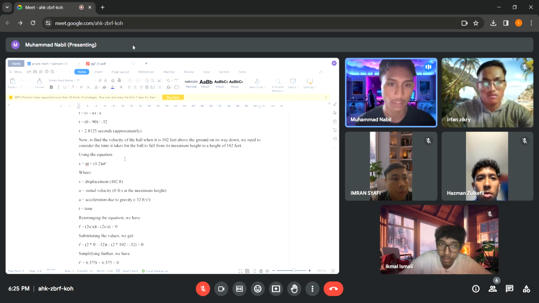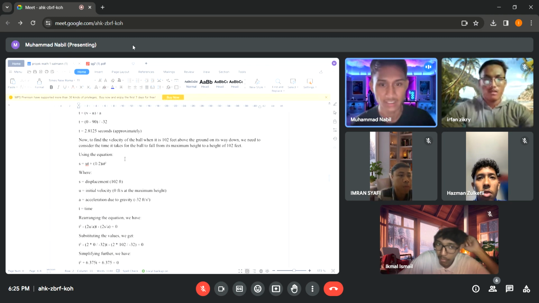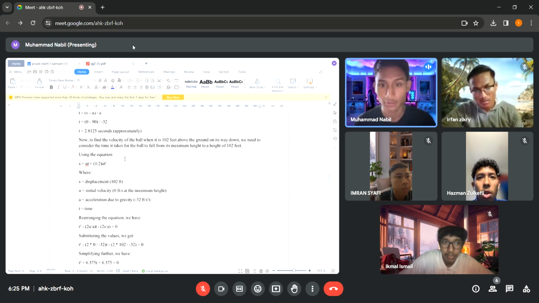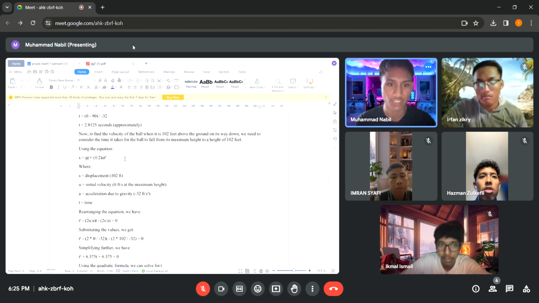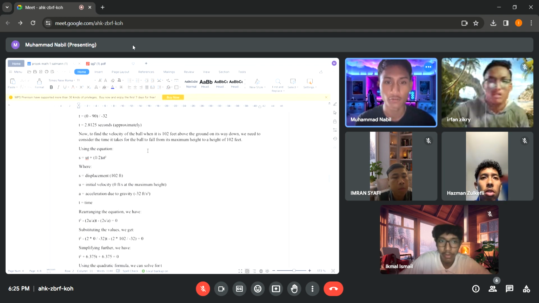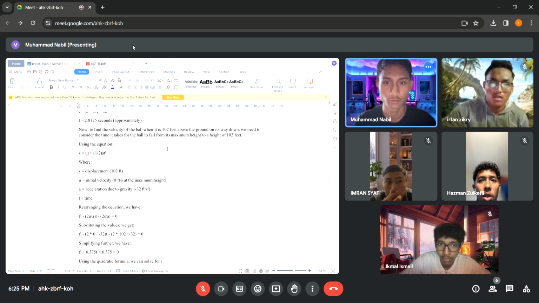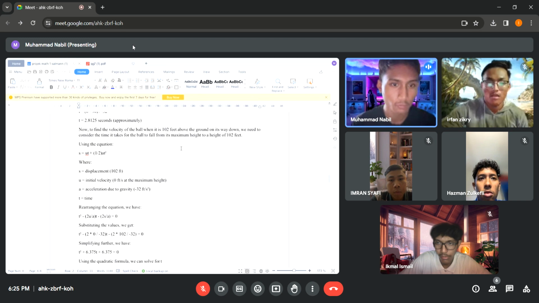Now to find the velocity of the ball when it is 102 feet above the ground and on its way down, we need to consider the time it takes for the ball to fall from its maximum height to a height of 102 feet using the equation S equals ut plus 1 over 2 at squared,